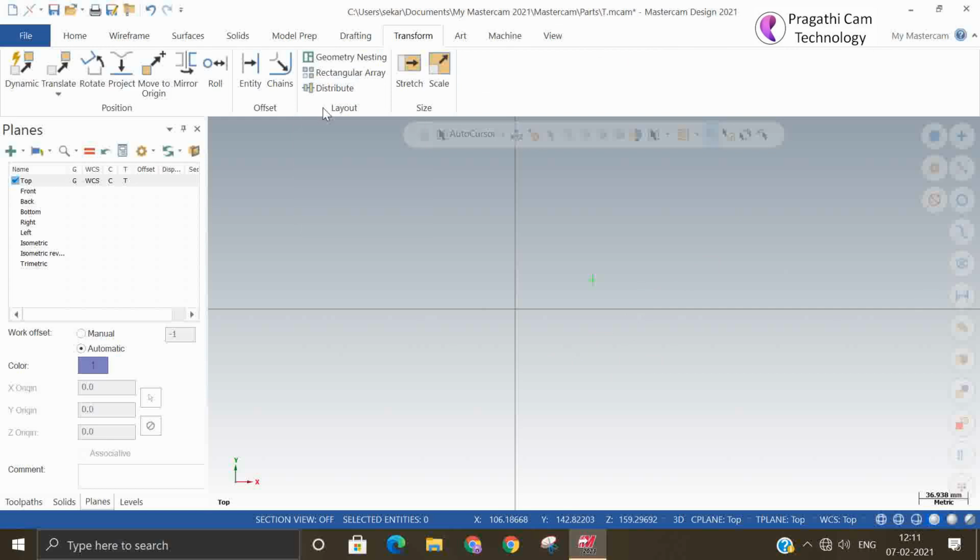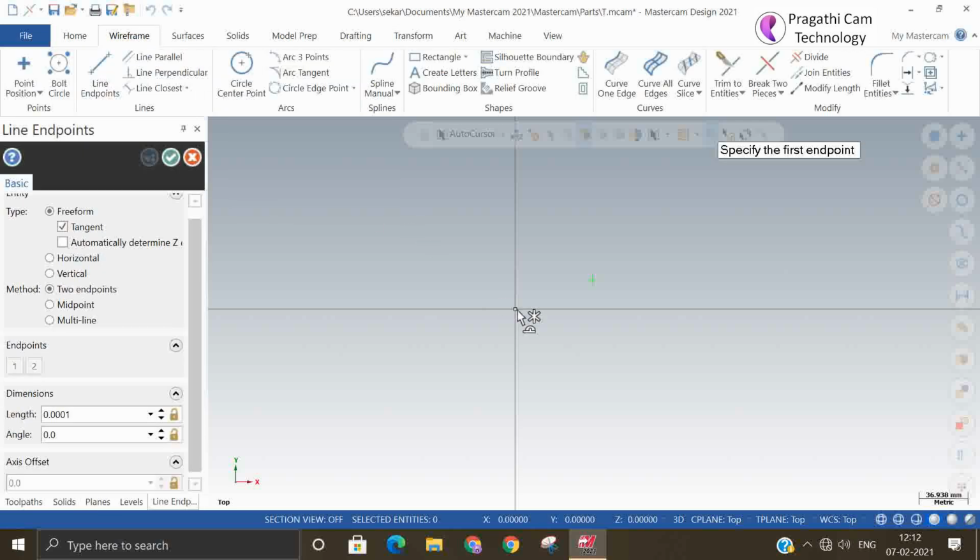Next we are going to see the roll command. It is used in some places, the rolling and unrolling option. Suppose you want to make some fourth axis work. That time, for wrapping over the cylinder, this roll and unroll command is useful.